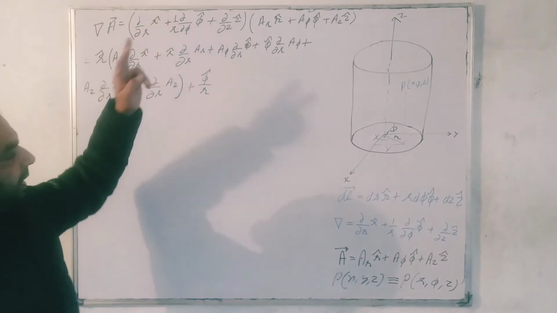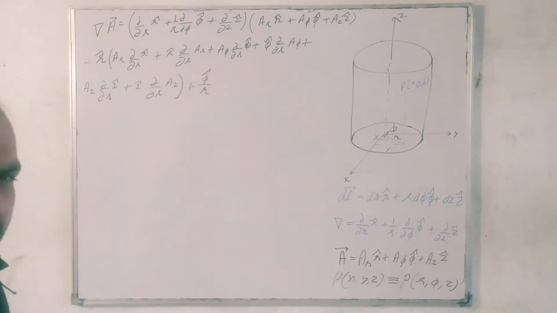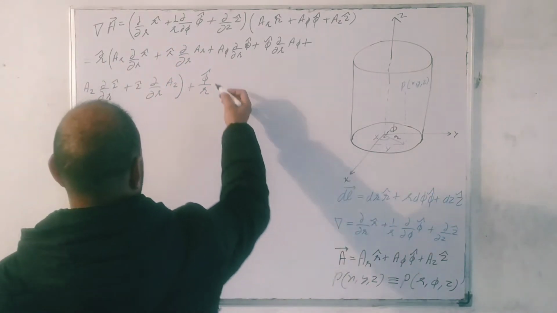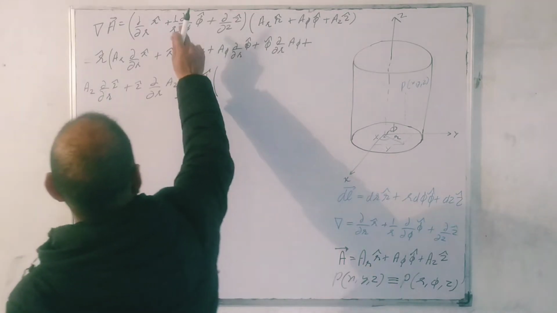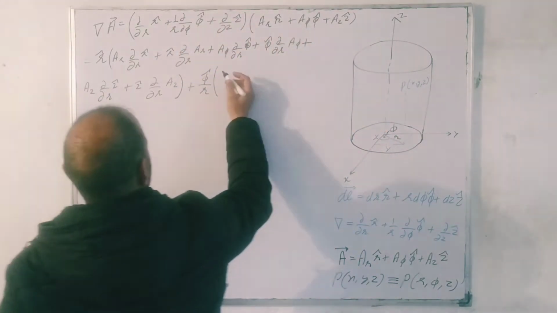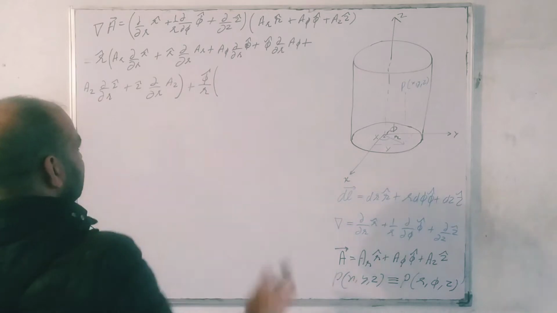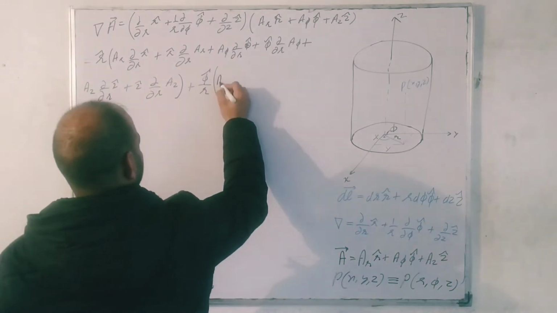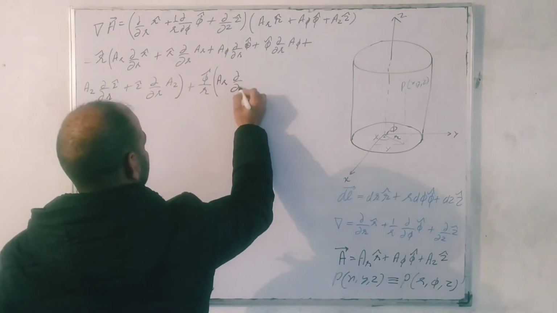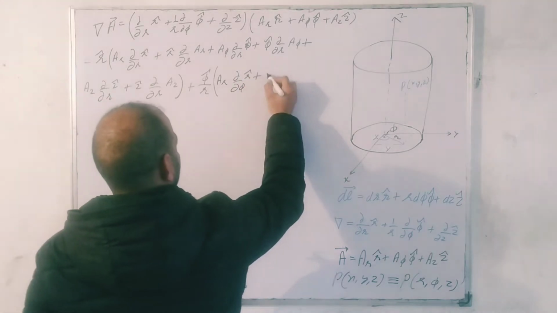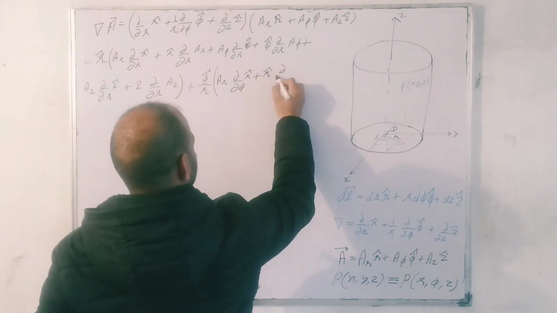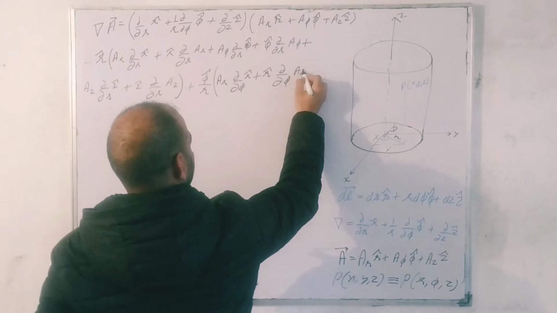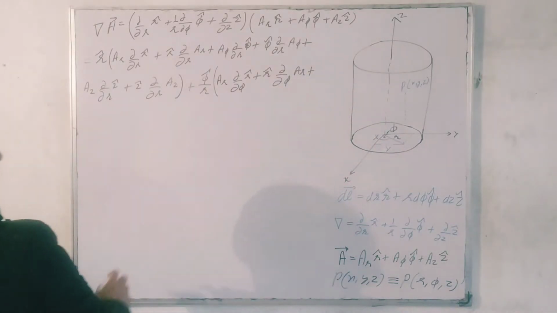This phi cap and 1 upon R will be everywhere. That is very easy, so you can understand that. So now we will start operating this operator on these components. So only ∂/∂φ is left. So it will become ∂AR/∂φ R cap plus R cap ∂/∂φ AR plus,